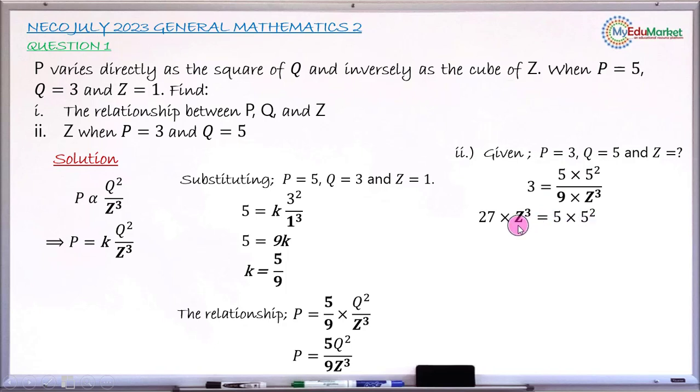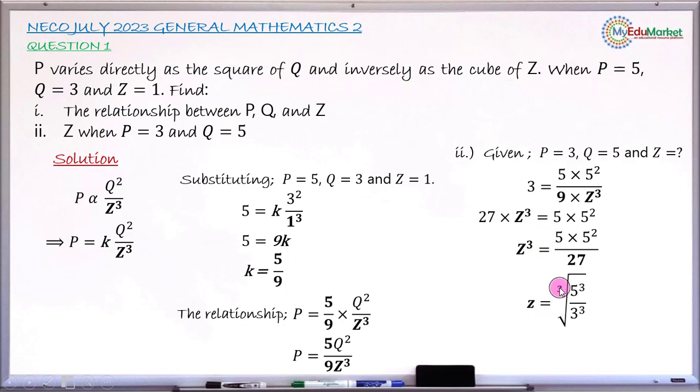We're interested in finding Z, so we try as much as possible to make Z the subject of the formula. In an attempt to do that, we divide both sides by 27. That gives you Z cubed equals 5 times 5 square divided by 27. What you do next is to take the cube root of both sides to find Z. So taking the cube root of Z cubed and the cube root of this right hand side, you now have Z equals